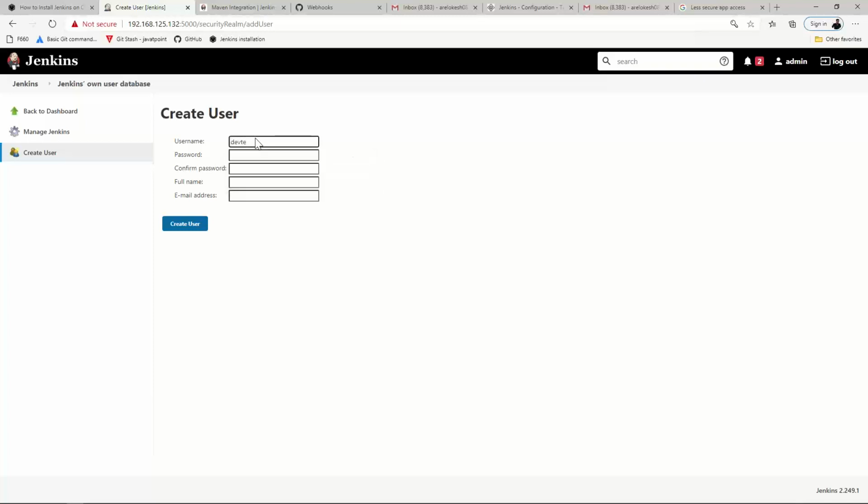Give a password and confirm the password. Full name is dev team. For the email address, simply write devteam@gmail.com. Then create user.